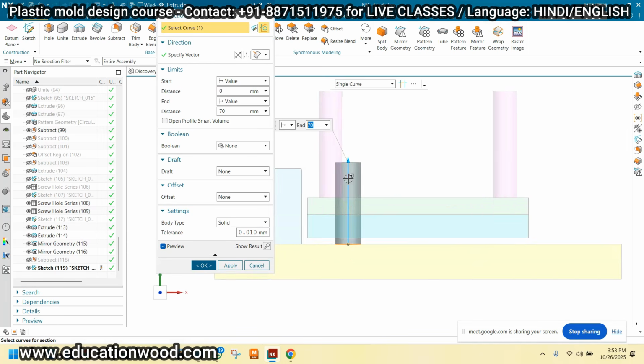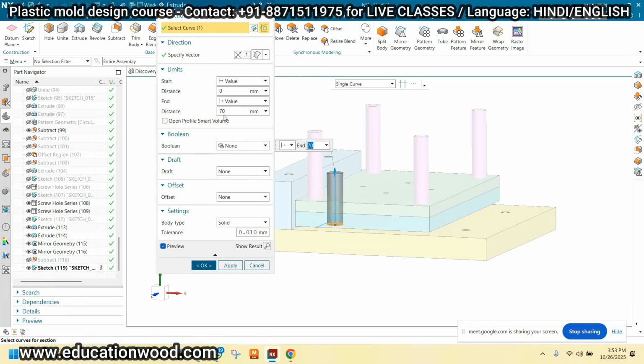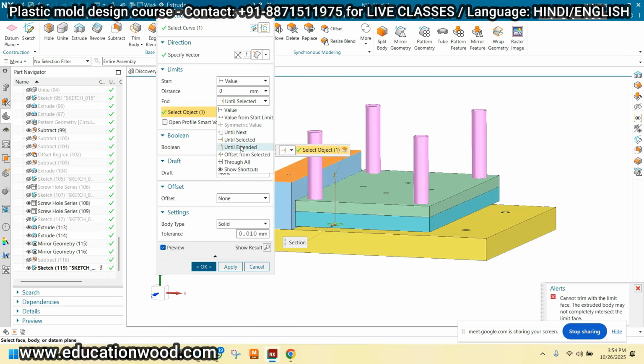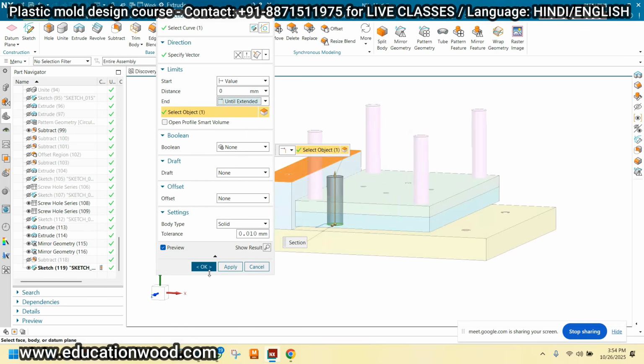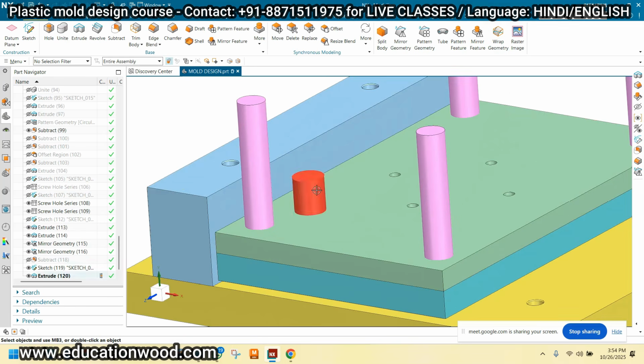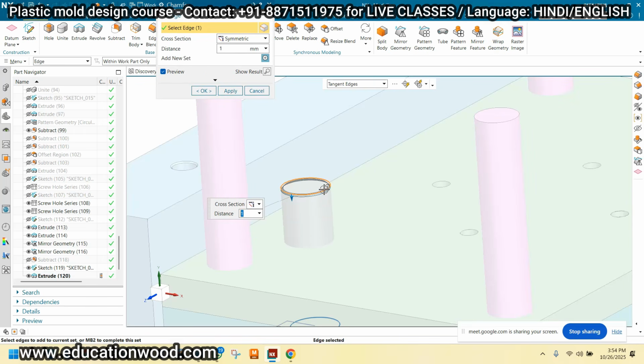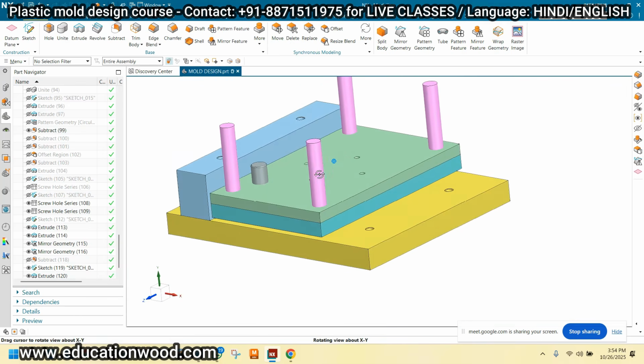Now see, until selected, until extend and just click OK. For the chamfer, just click. See,